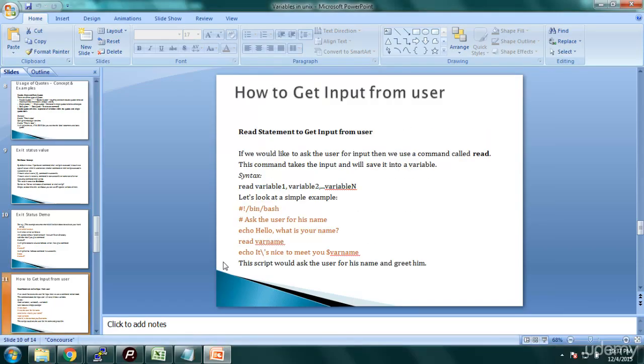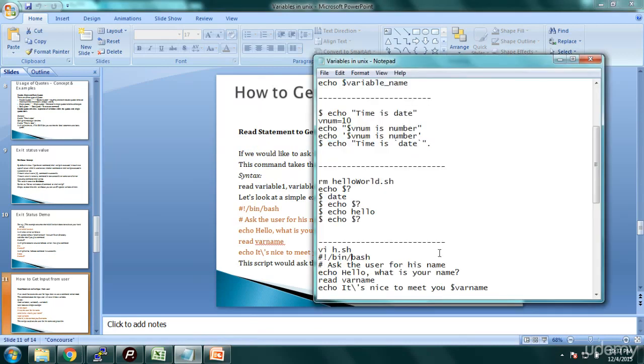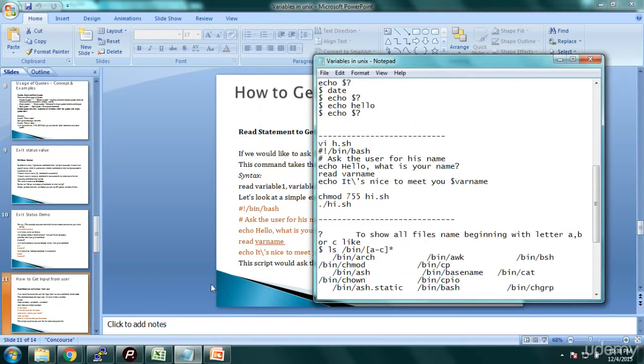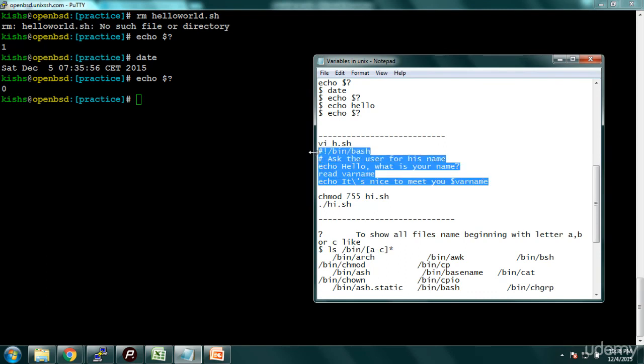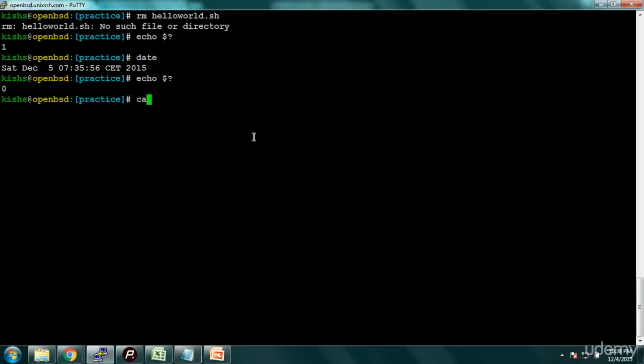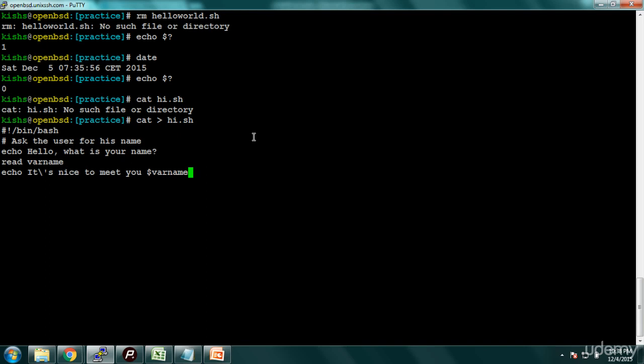I'll just show you in PuTTY how this works. I do vi hi.sh, or rather cat, and I'll paste it here, enter, Control D to exit and save.